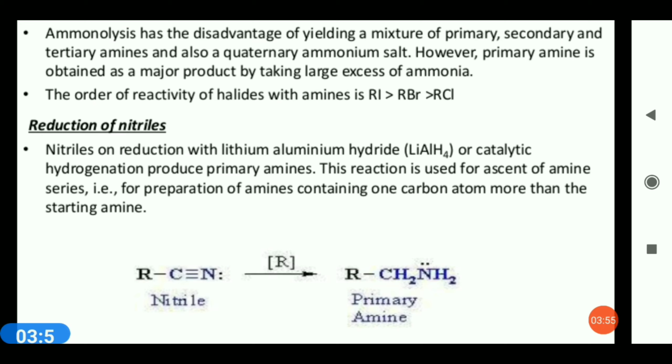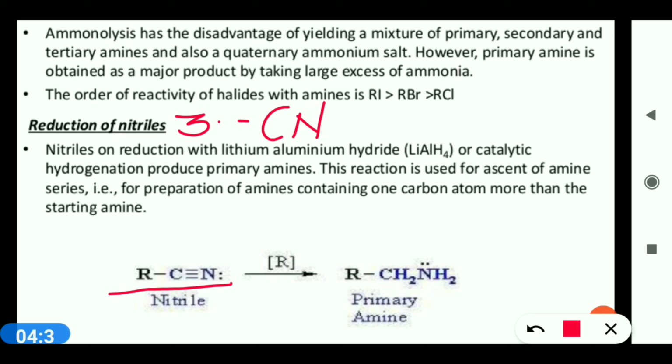Third method of preparation is reduction of nitriles. Nitriles means cyano group, CN. This group we call nitriles. Nitriles on reduction with lithium aluminium hydride or catalytic hydrogenation produce primary amines. This reaction is used for the ascending of series, that is the preparation of amines containing one carbon atom more than the starting amine. For example, RCN